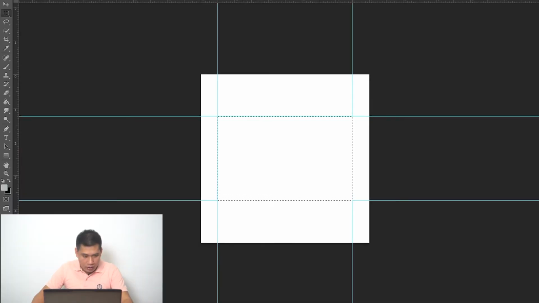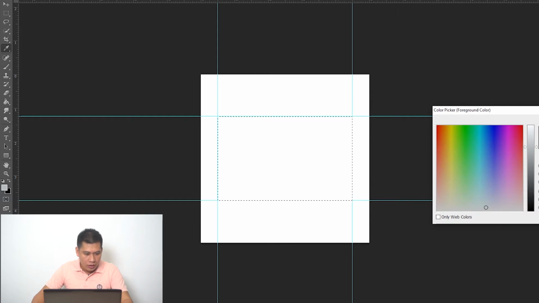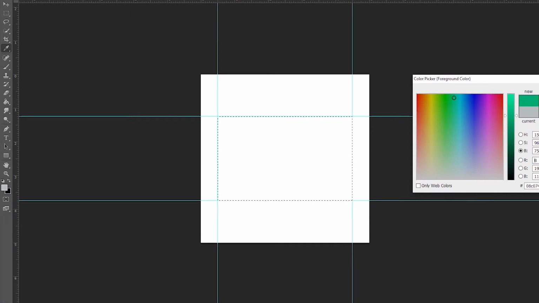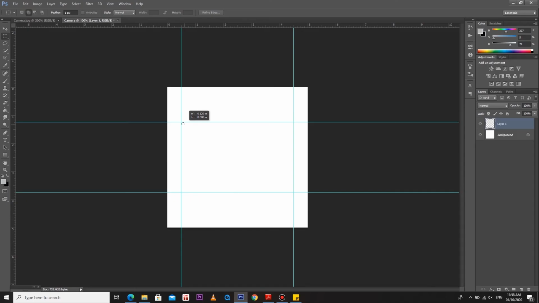Next, change the color of the foreground to green. I-click natin yung foreground color and the color picker will appear. Choose the color green, then click OK. Next, click natin yung Marquee Tool. Then i-drag natin yung cursor from the upper left corner intersection ng mga line guides papunta sa intersection sa lower